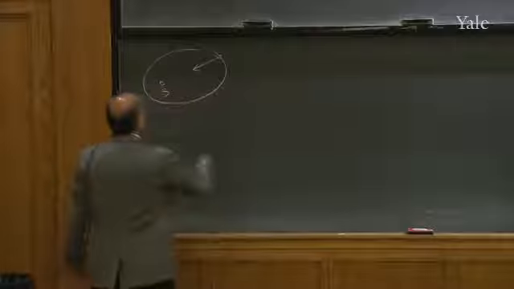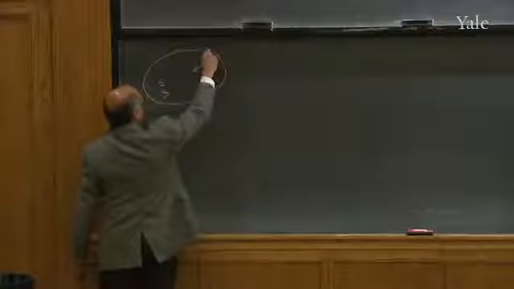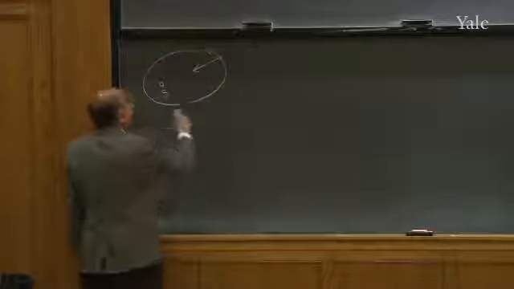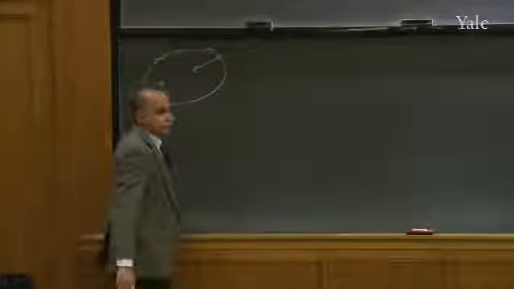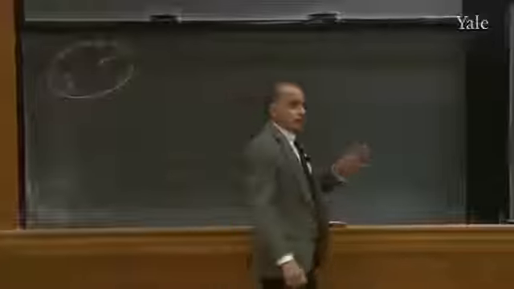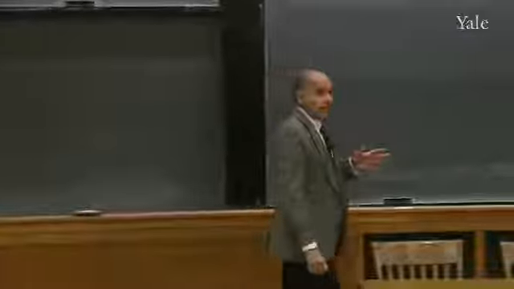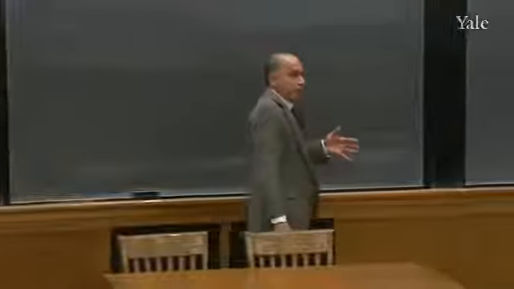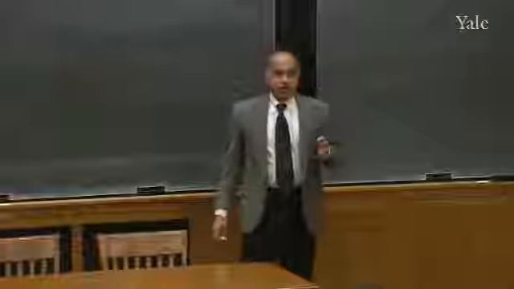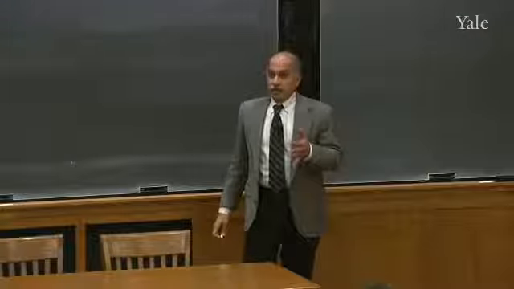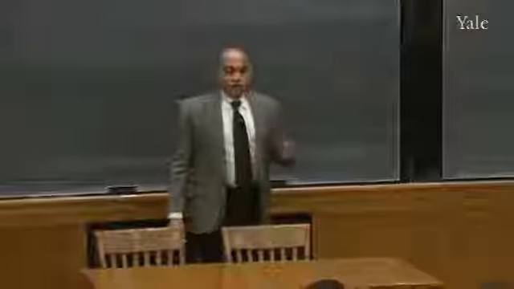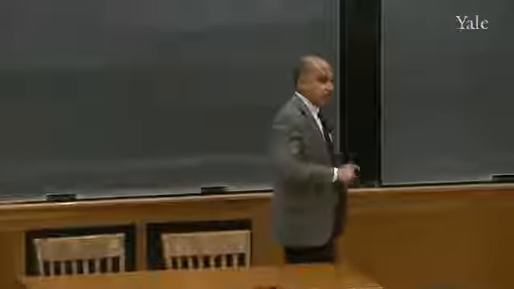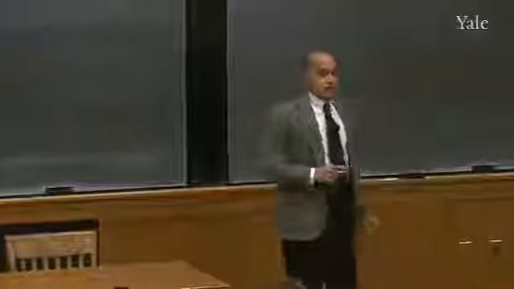You can find the acceleration that'll help you find out where it'll be 1 second later, and you repeat the calculation, you will get the trajectory. So F equals ma is good for three things. That's what I want you to understand. To define mass, to calculate forces acting on bodies by seeing how they accelerate, and finally, to find the acceleration of bodies given the forces. This is the cycle of Newtonian dynamics.